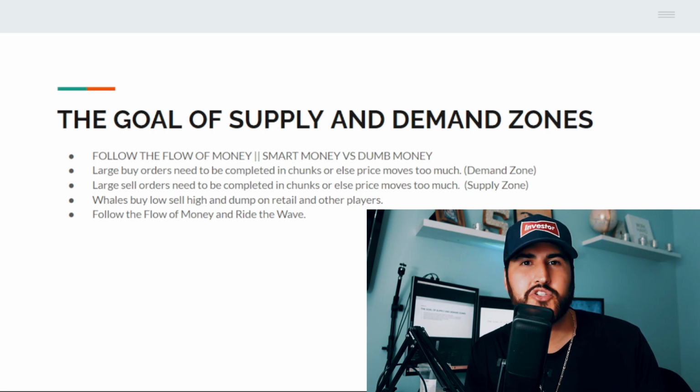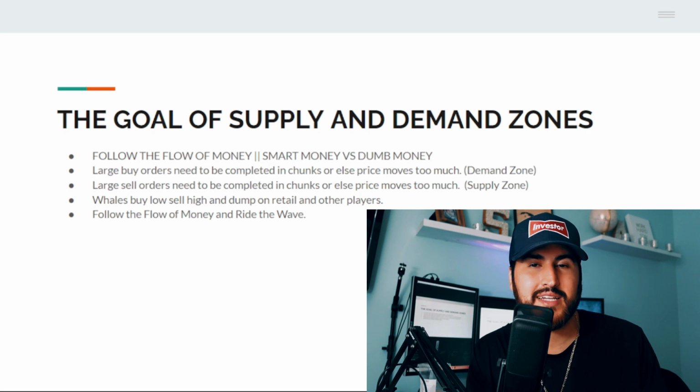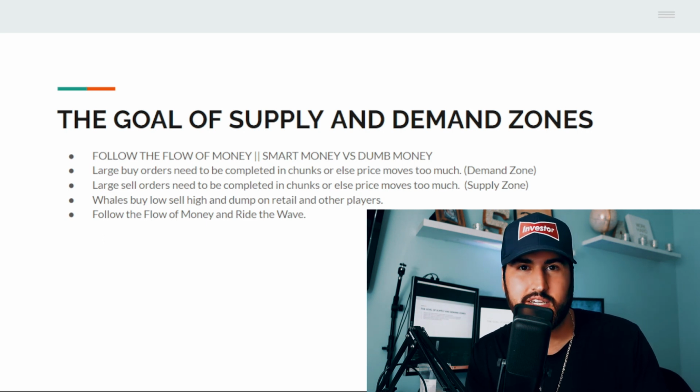When they want to get out of a trade, they can't just sell it all at once, because that's going to dump the price and they're not going to get their sell order at the price they want. So they have to sell it in chunks for it to get filled and not drastically change the price of that security. That's going to create your supply zone. So what you will see is at these support and resistance lines, you will see in a certain time frame that multiple orders are being completed, and that's how you can identify that yes, there's a good chance that a